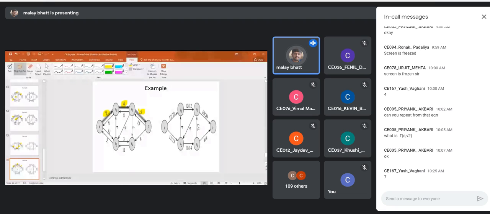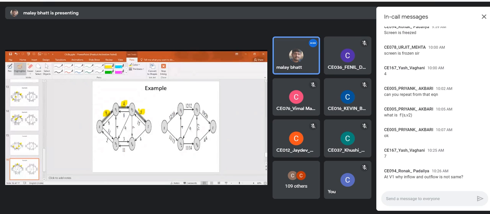Now from V1 to V3, the actual capacity will be 0. And from V3 to V1, it is 12. From V3 to T, the actual capacity will be 1. And the residual capacity from T to V3, it is 15 plus 4, 19. Right? So we'll get this graph.